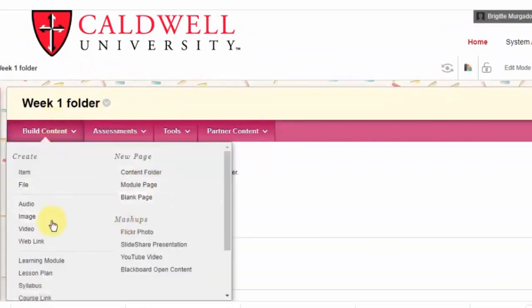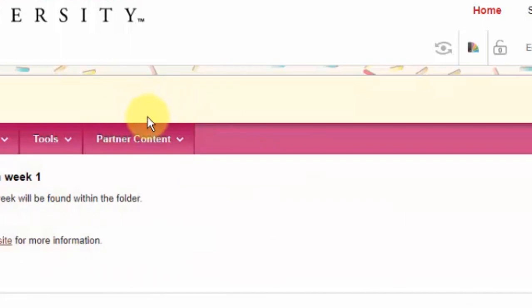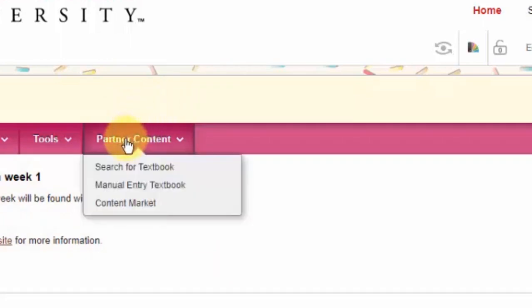And that covers everything within this section. Okay, so the last section that I want to go over is this partnered content tab. If you're working with a publisher, then this is where you should be able to link that material to your course. You want to go to the content market area,